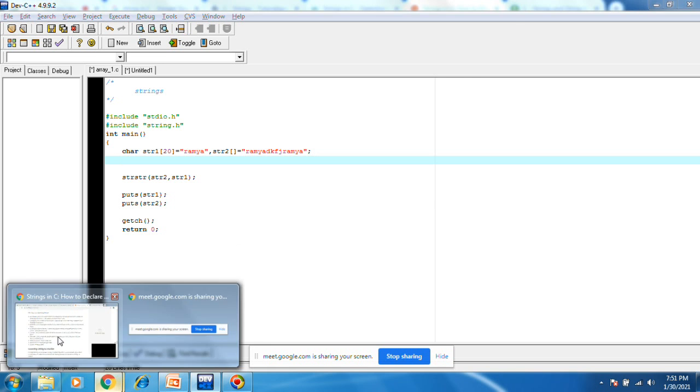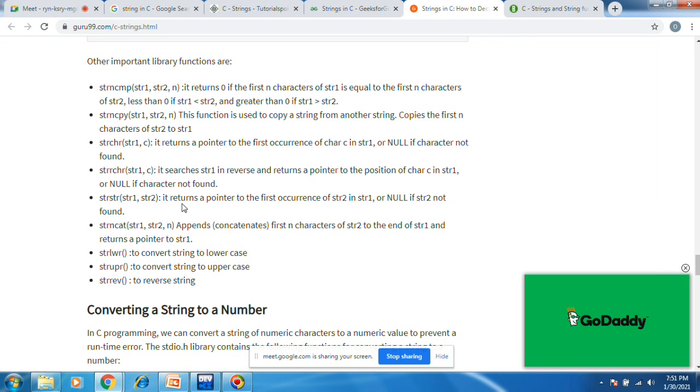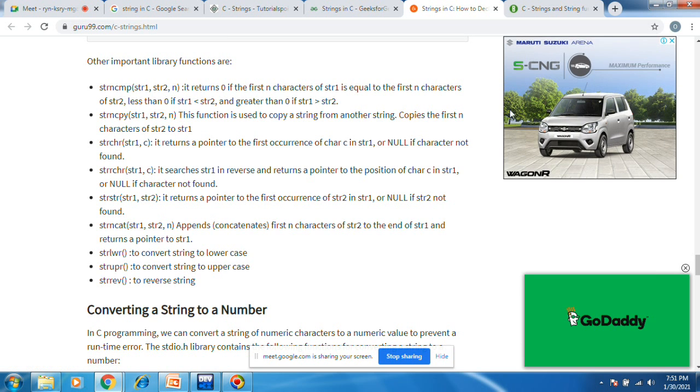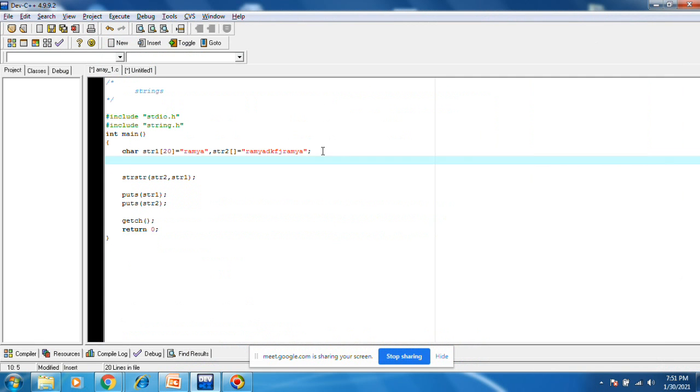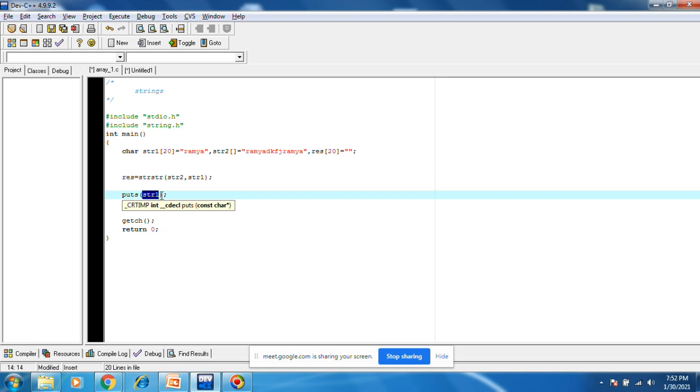What is the definition here? Returns a pointer to the first occurrence of str2 in str1, or null if nothing found. So result equals to something, and then print res.